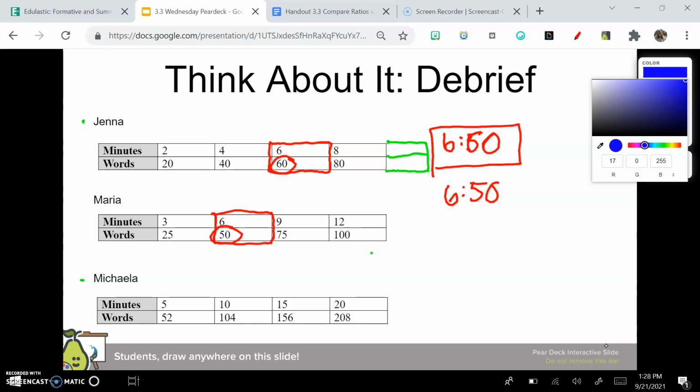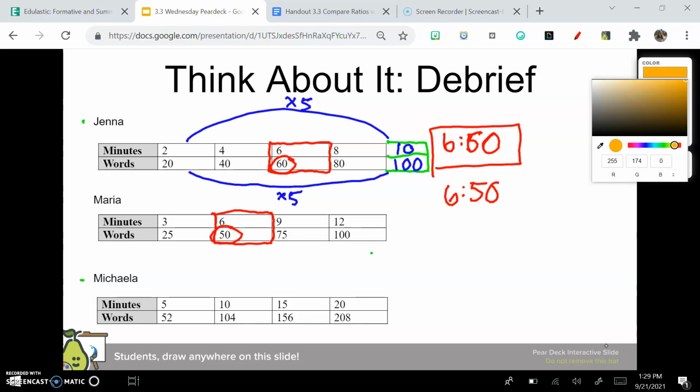What I see is that I can extend my ratio table here to include 10. I know 2 times 5 is 10, so I'm going to add 20 times 5 is 100. Now I can compare Jenna's 100 words per 10 minutes and Michaela's 104 words per 10 minutes. And I can see that Michaela,